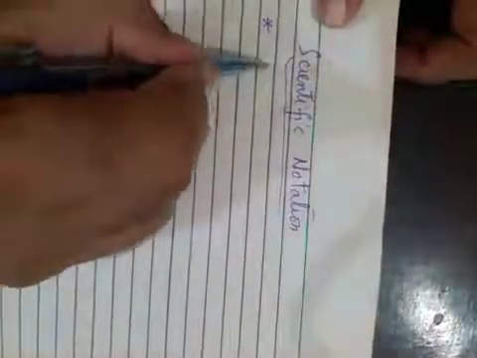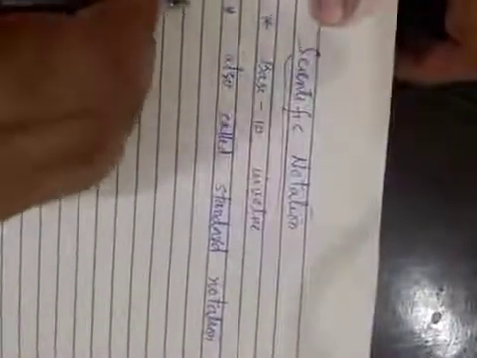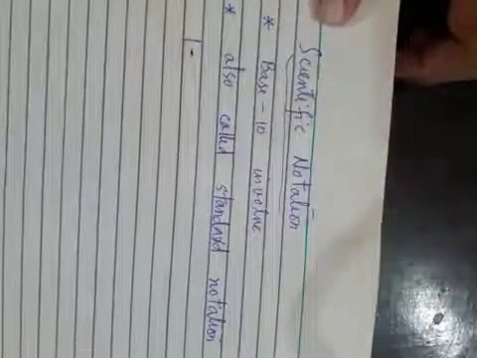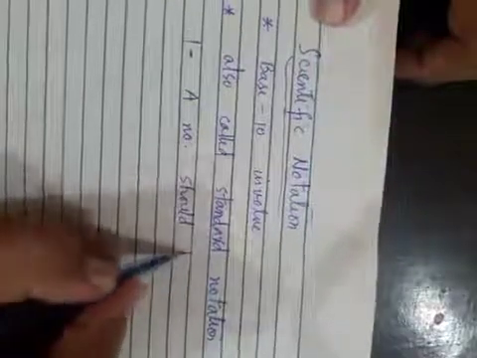Scientific notation can be described as the notation where base 10 is involved. Usually, scientific notation involves base 10, or in other words, it is sometimes called standard notation. Scientific notation is also called standard notation. Generally, we place two conditions for the scientific notation. Number one, a number should have base 10, and second,